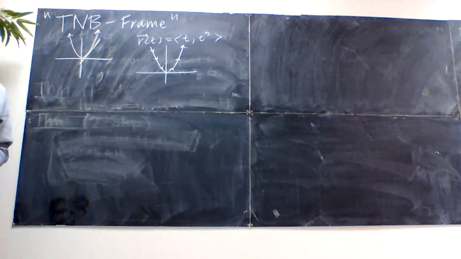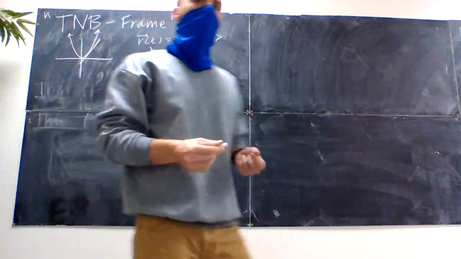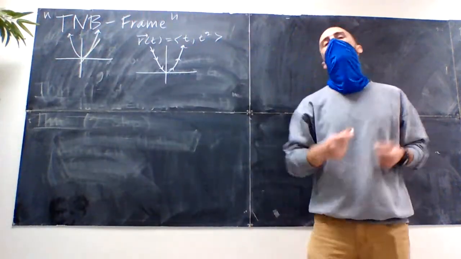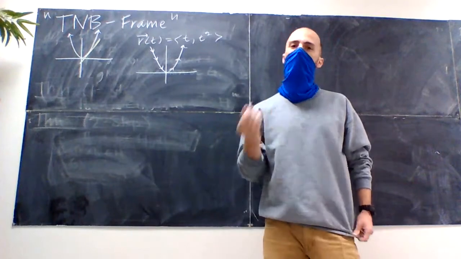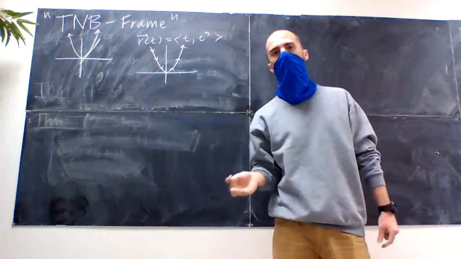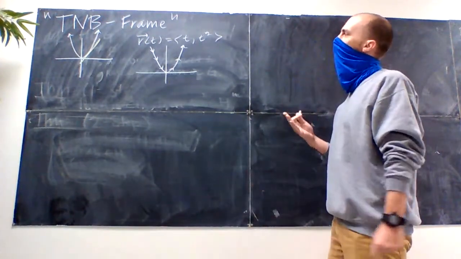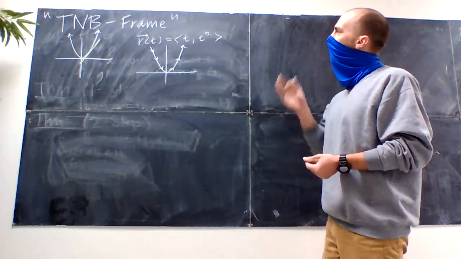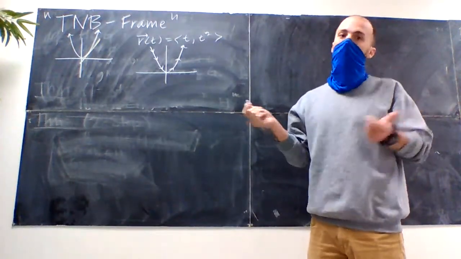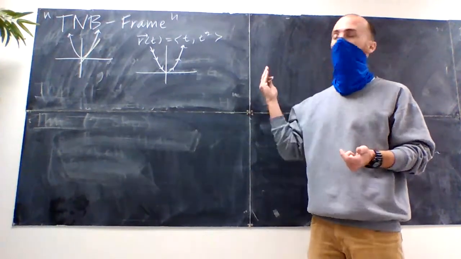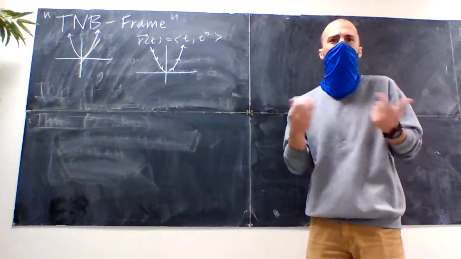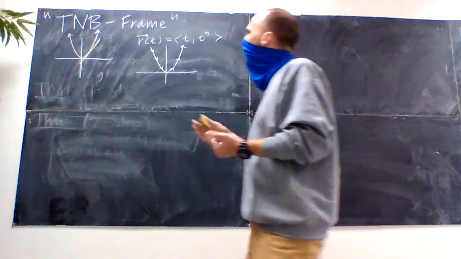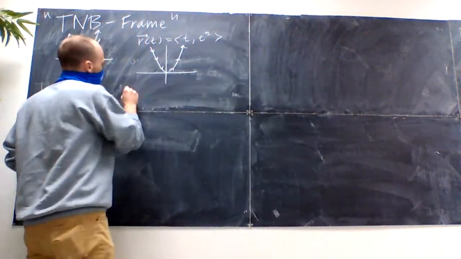And then in the previous video, I mentioned that for a plane curve, we can find dy/dx by dividing the derivative of y with respect to time by the derivative of x with respect to time, and that gave us our slope, and that wouldn't actually make sense in space. So the natural thing to do here is take the derivative of r of t and just see what we get back. So r prime of t